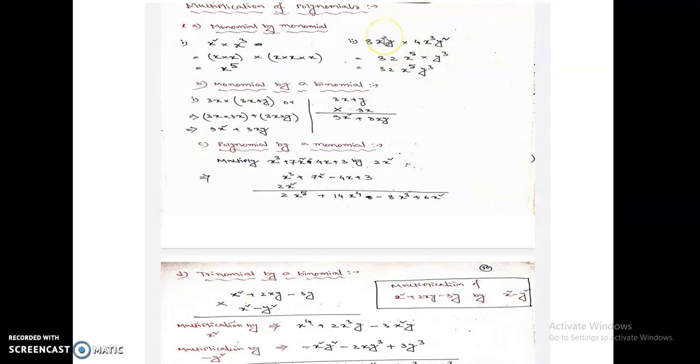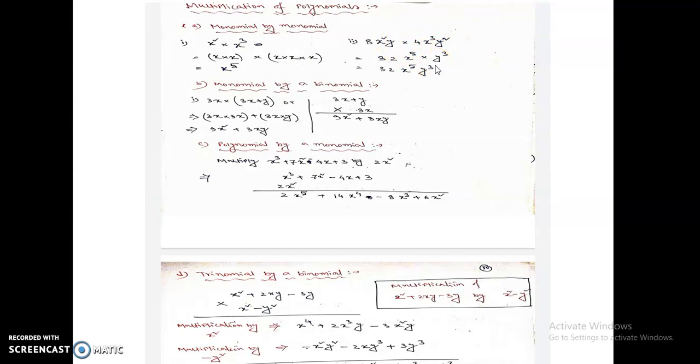That means we will have to multiply in the simplest way, keeping the thing in mind that in case of multiplication, the powers of similar kind of variables will be added up. Here x square into x cube, so they are similar kind of variables, the powers are being added up. X square into x cube means x to the power 5. Similarly, y into y square means y to the power 3.